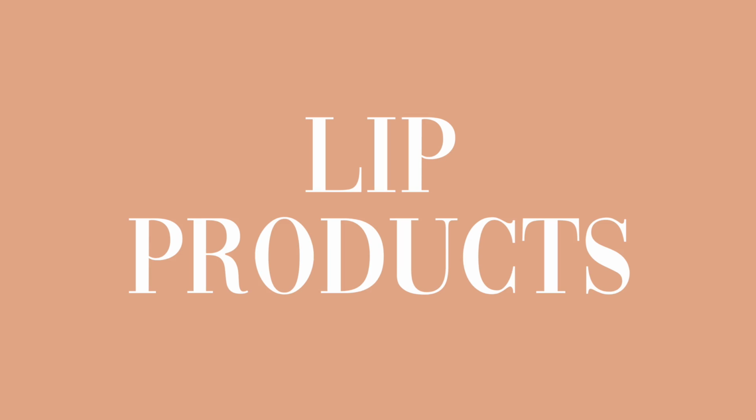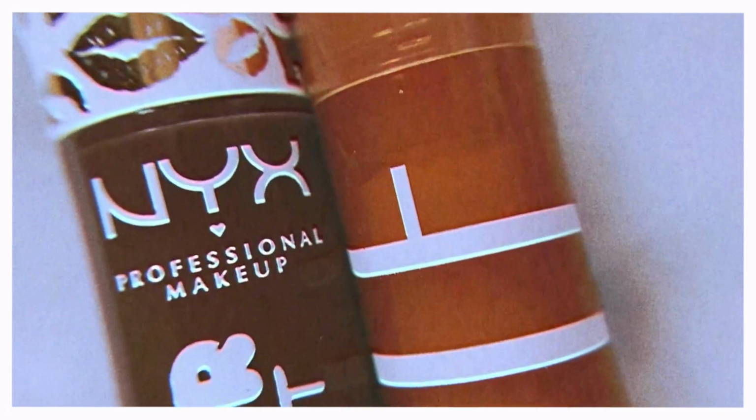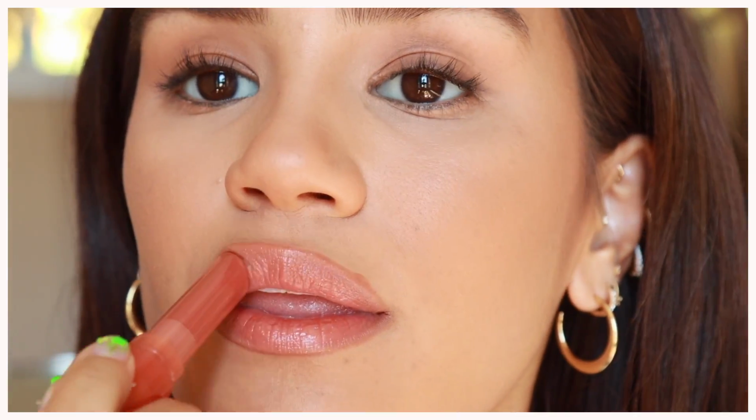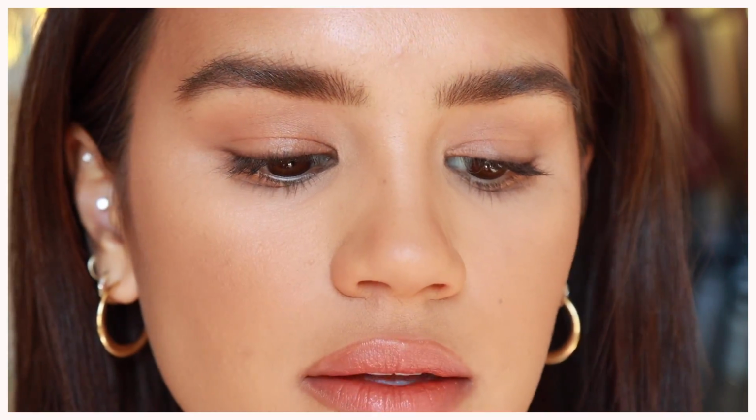So now for lips, I wanted to recommend easy to wear formulations that aren't going to emphasize chapped lips or just make your lips feel dried out. Two of my favorite sheer formulations. This one's from e.l.f. It's the Sheer Slick in Golden Pear. Really nice, juicy orange, but slightly more subtle. It's got a little bit of brown to it, so it's not a summer orange, although you could wear it in the summer. It's more of a fall appropriate, almost like an apricot tangerine type of shade, but really pretty,